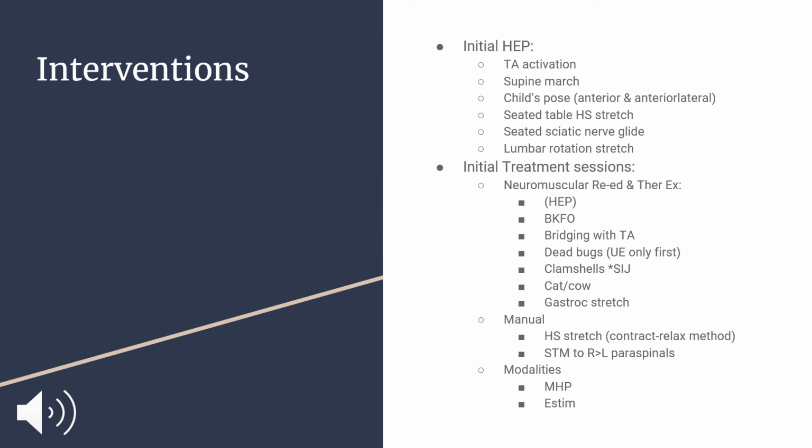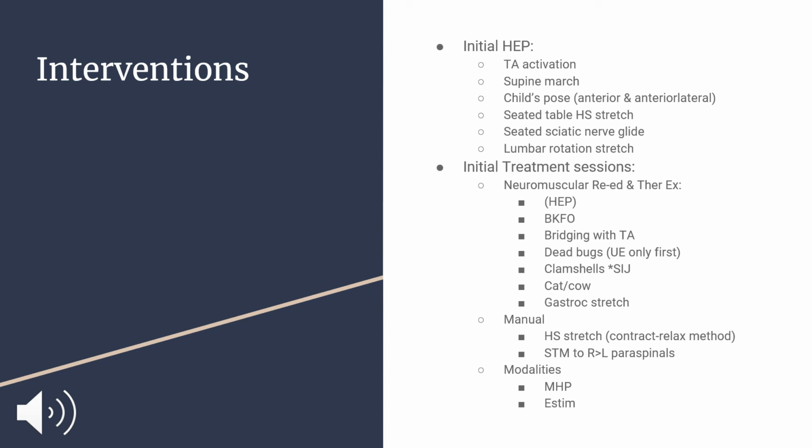We added a sciatic nerve glide because he had a positive seated slump test bilaterally in order to decrease that neural tension. And then we added a gentle lumbar rotation stretch in order to stretch those spasming muscles as well as promote pain-free movement and get out of that restricted phase. So for initial treatment sessions, we started off pretty heavy with neuromuscular re-ed, and then we transitioned more into Therex. So we started off with home exercise program,